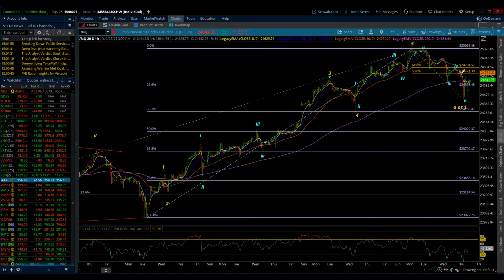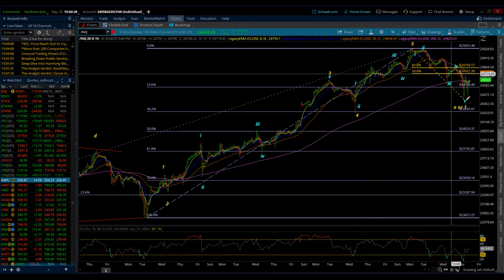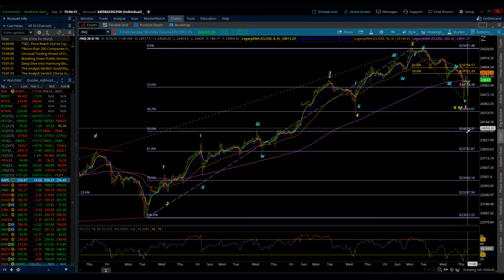Upside, here we have it, 24,721, 24,794. Downside, we have some initial support, 24,265 down to 24,244, 242. And a break there, which I would assume is going to happen if we're in the C wave. So first rise up, finish the B, start back down to put in the C wave. Could we do all of that tomorrow? We can. I mean, we could do some of it overnight for sure. Why not finishing it up tomorrow?